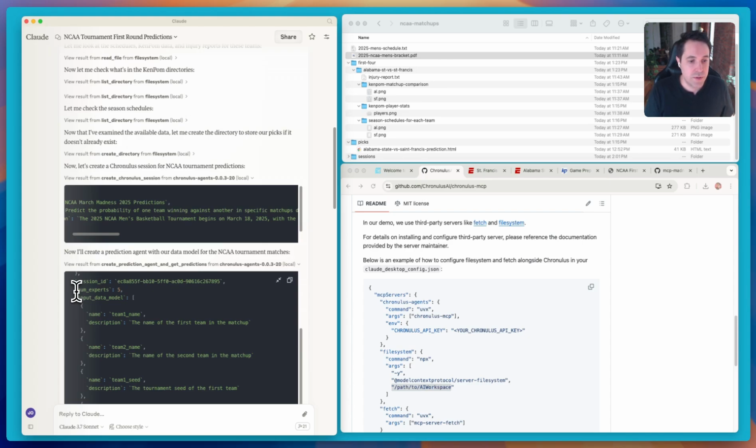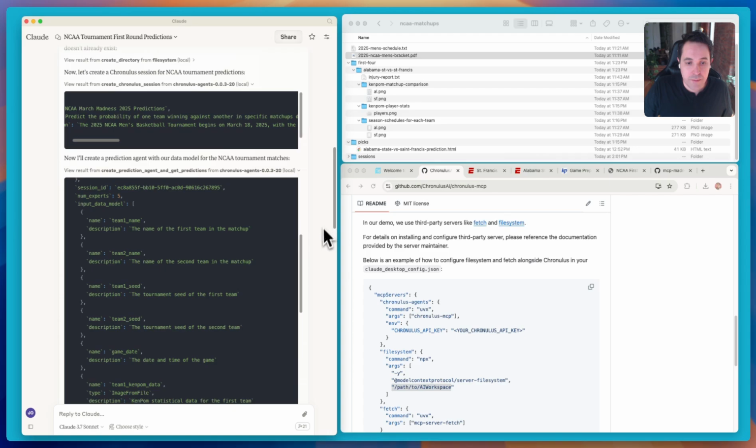So I'd say 5 to 10 is a pretty good sweet spot. I don't want to set the default too high and have it be too expensive if you're just trying it out for the first time. So this is the number of experts. If you want Claude to do something different, just tell it to use a different number of experts. It'll know how to do that.